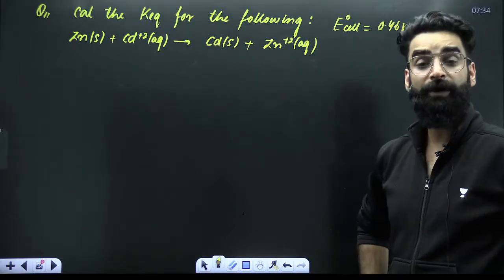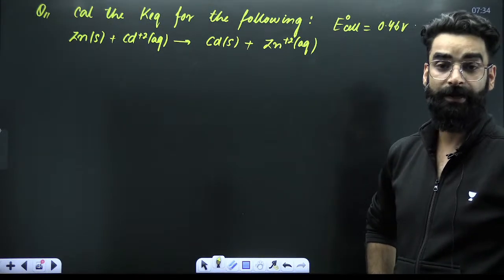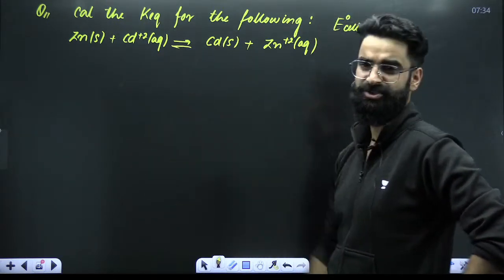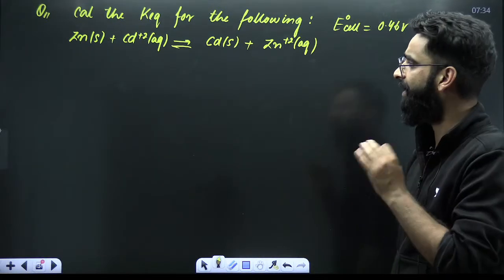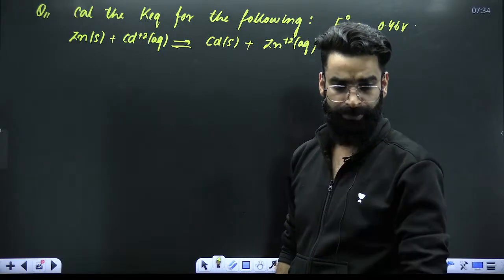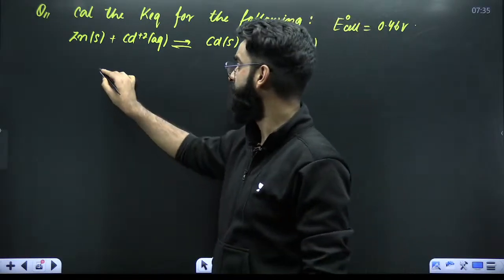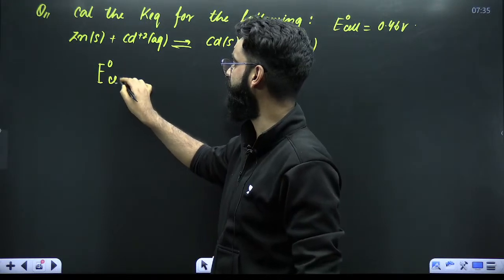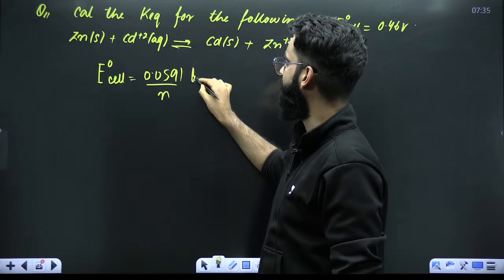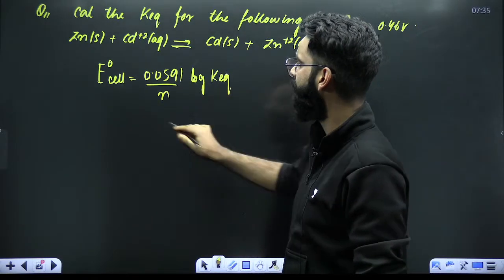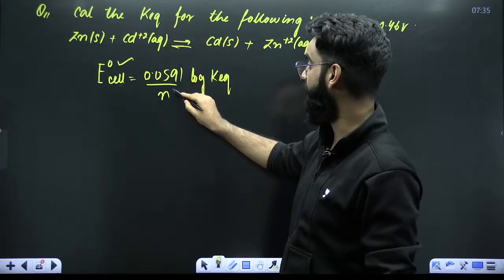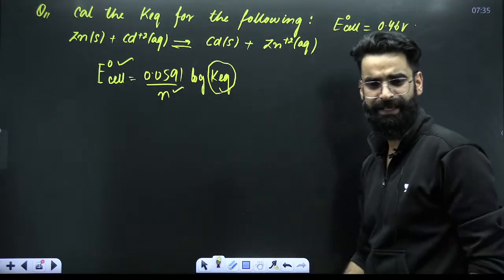See guys, first of all, you have to calculate equilibrium constant. Well, in order to calculate the equilibrium constant, this cell has to be at equilibrium, right? And when this cell attains equilibrium, I'd say E cell is equal to 0. At that point of time, you can use the equation which we got a few minutes back only. E naught cell is equal to 0.0591 divided by N, and then it's going to be log of KEQ, right? E naught cell is given. What is N value? N value will be 2 for this reaction. From here, you can easily calculate KEQ.